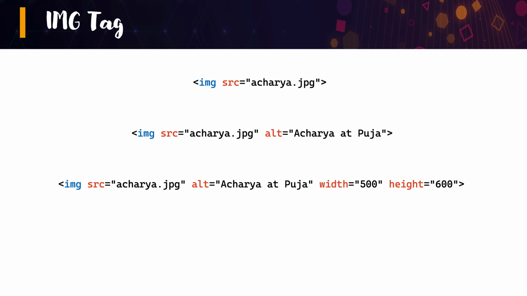So we use the width attribute and we use the height attribute. These essentially say that the picture cannot go more than 500 pixels wide and cannot go more than 600 pixels in height. If the picture's original size is more than this, then it will get smaller to the size that is specified with the width and height parameters. Okay, so these are typical usages of the image tag.